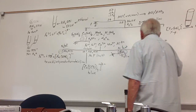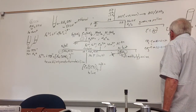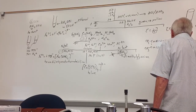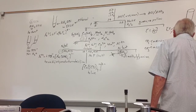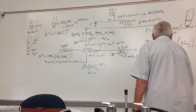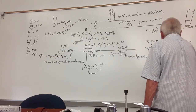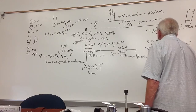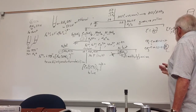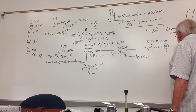Now this is dimethylglyoxime. It's acidic, and when you add NH3, it's going to make that ion, which is abbreviated HDMG minus. It's going to pull one of these hydrogens off and makes the negative ion. So that's what the ammonia does there. And then this forms